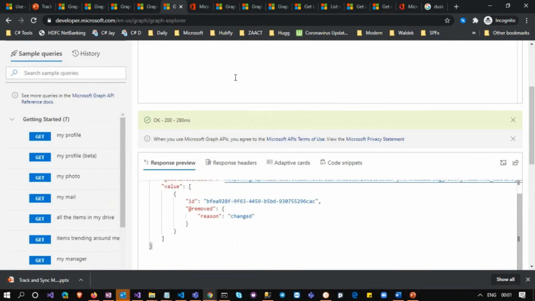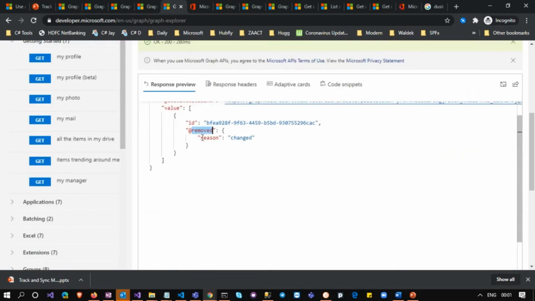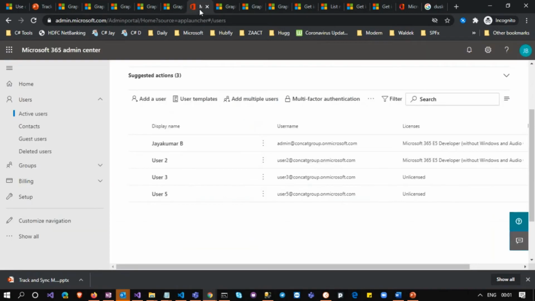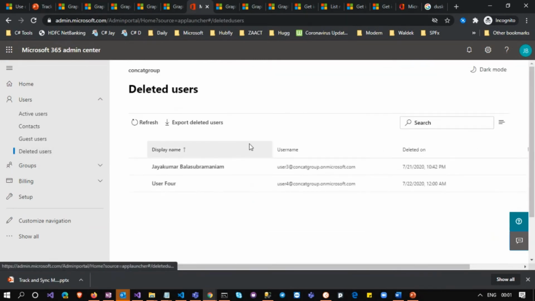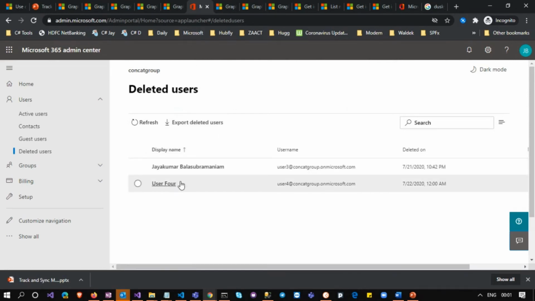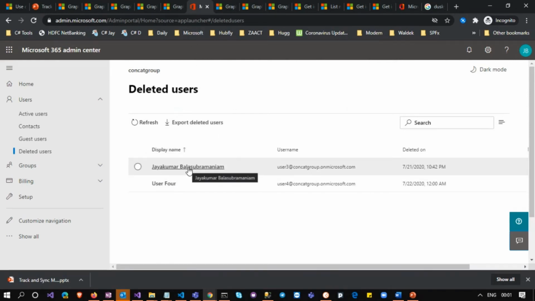Yeah, got it. If you see, I have deleted the record for this user and I got it with a parameter called @removed, and I have got the reason as well. The reason is changed. Why we got the reason as changed is that it is always restorable from the deleted users section. And one more thing, it will not track the changes that you made previously.